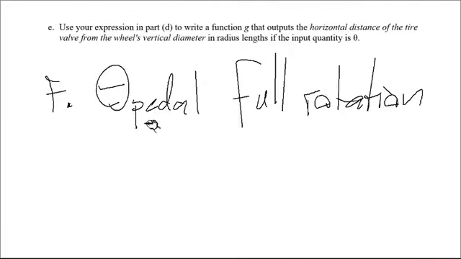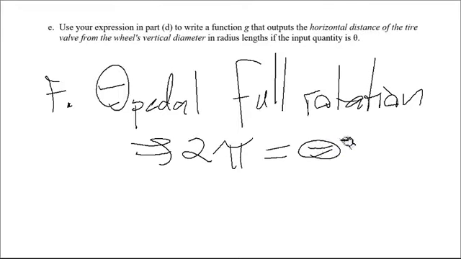We know that one full rotation would be 2 pi in theta, right? That would be theta equals 2 pi. And now for the tire valve, since the tire valve is going to be spinning 4 times as quickly, we would say that the theta for the tire valve,